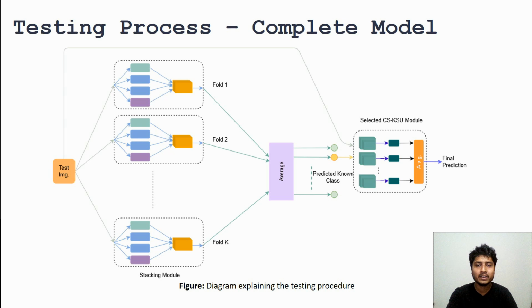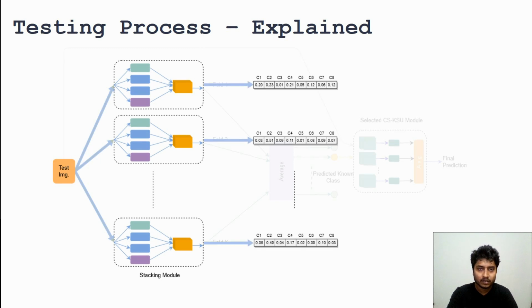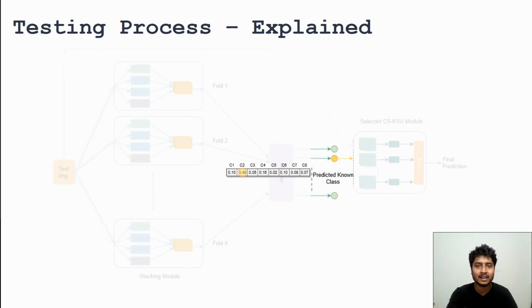Let us now look at the testing process for the complete model. The test image is passed to the stacking modules of all the outer 5 folds, each consisting of 2 inner folds. This gives us the per class classification probabilities. The probabilities of these 10 modules are then averaged, and the argmax over the probability vector gives the class predicted